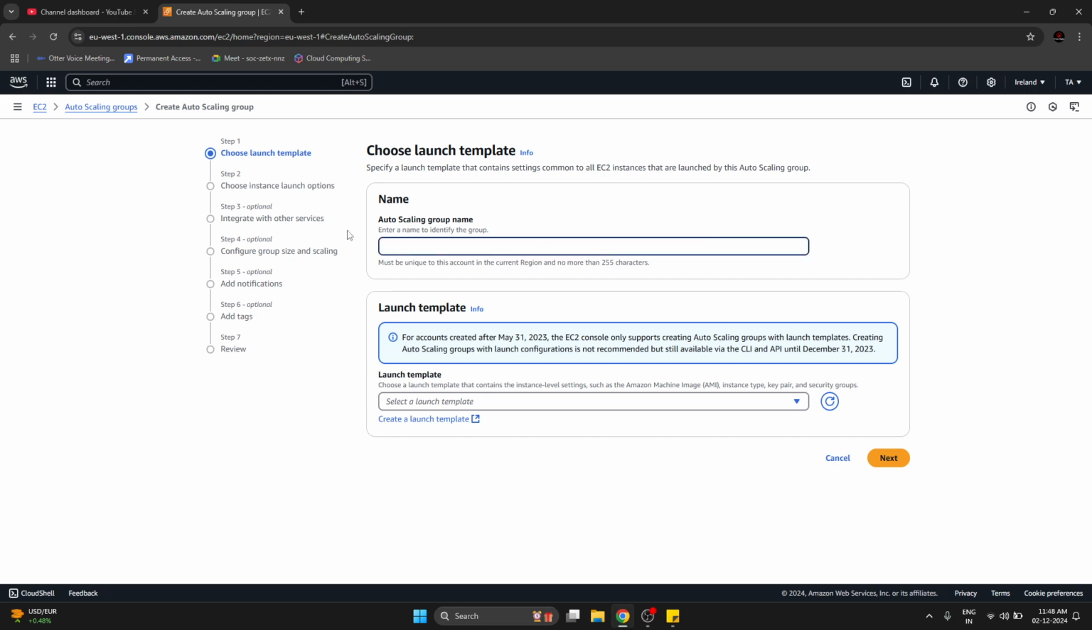So now give some name. It's saying any name, maybe demo ASG something. Sorry, my bad. And the next thing, it's asking for something called a launch template. What is this launch template? Let's see. As of now, we told you auto scaling